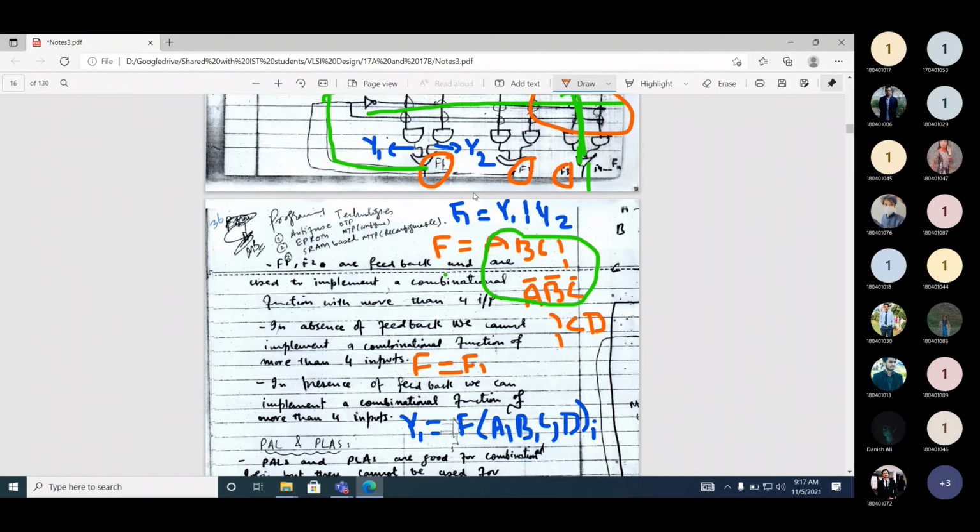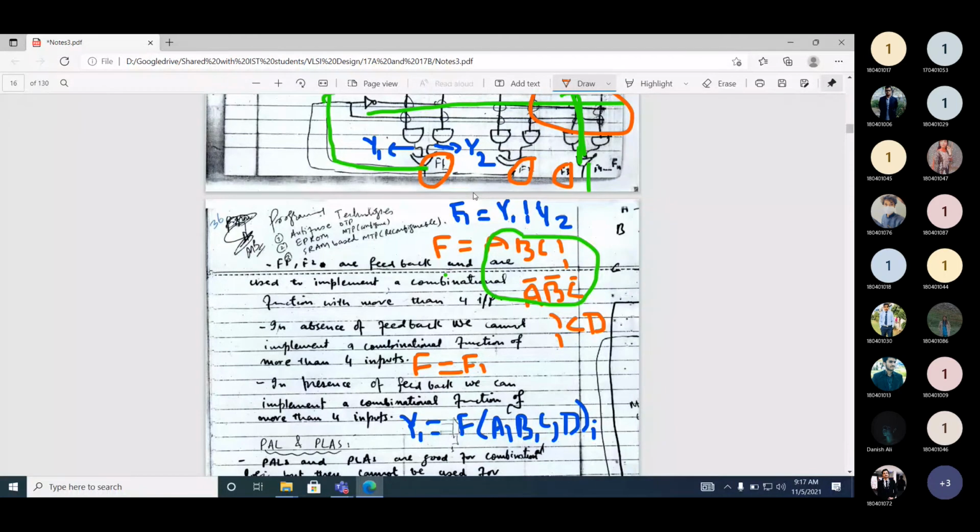The basic building blocks of a sequential circuit are some combinational logic gates and some flip-flops. Since flip-flops are not there, it can only implement a combinational function.